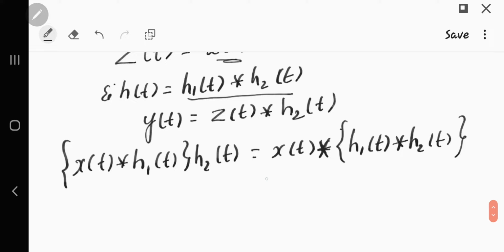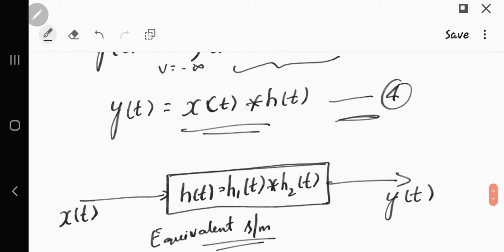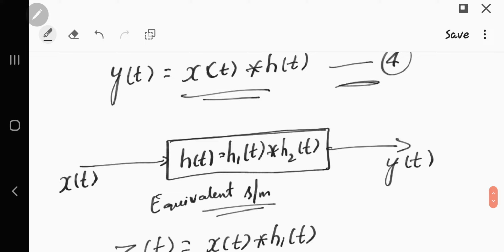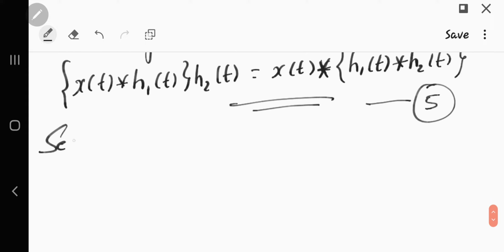So based on this, we can say that the system possesses associative property. So this is the first thing we got from this property when the system is connected in series or in cascade. Okay. Now secondly,